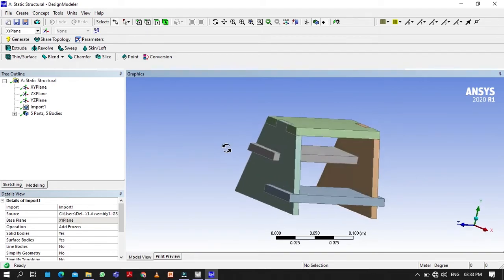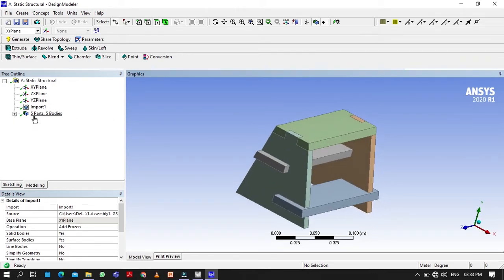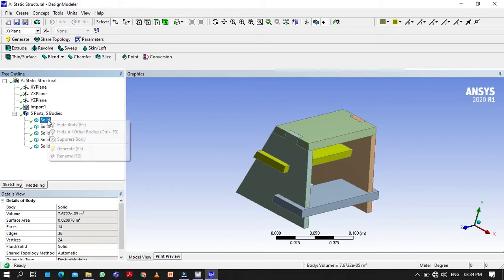So you will see this assembly has 5 parts, 5 bodies. As you will see, all these parts are named similarly. So first you have to click on each one and rename every one, so you can distinguish them. Now go to view frozen.